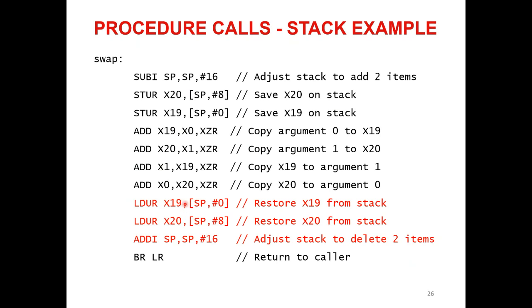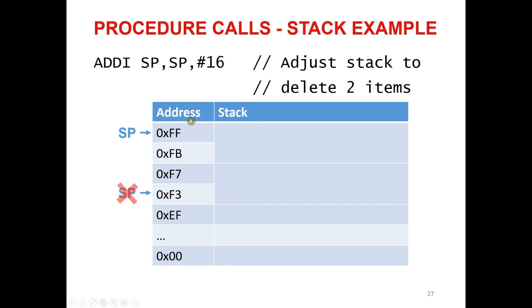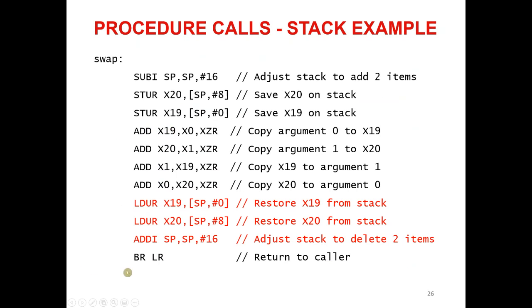And once I have used those registers, I just update the stack pointer again. And with this, I'm done. I have used the registers, and I again make the stack pointer point to the initial address. Okay, and here I will just return to the caller, and as we have seen, this will see what address we have in the link register, and jump to that address.